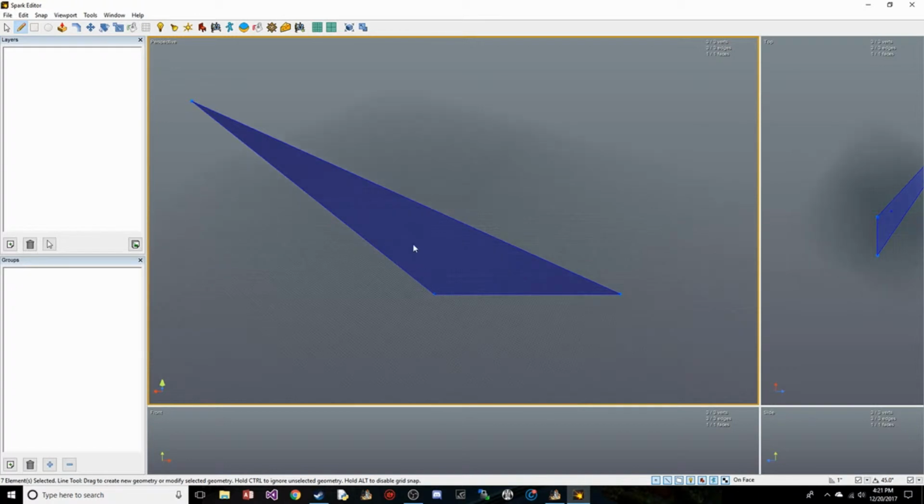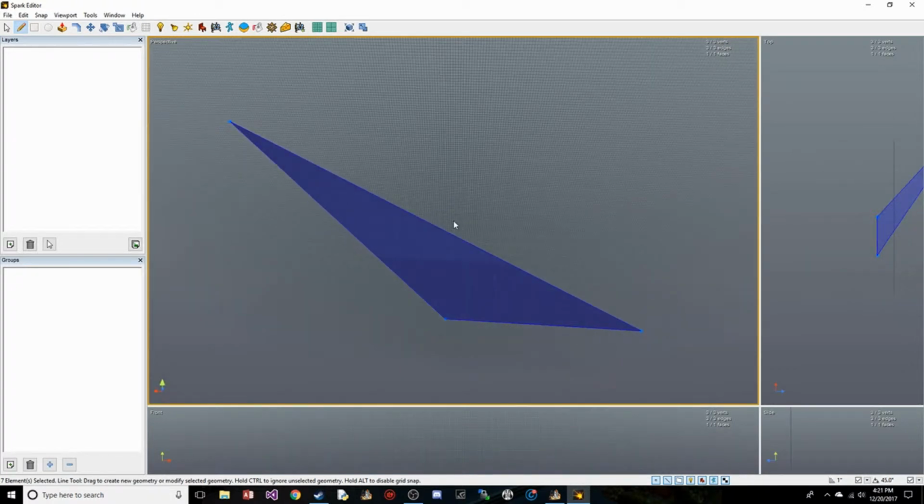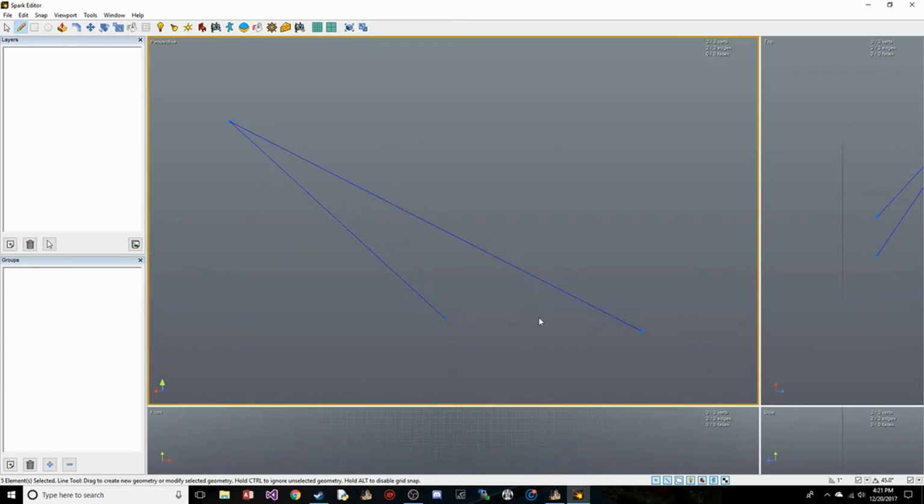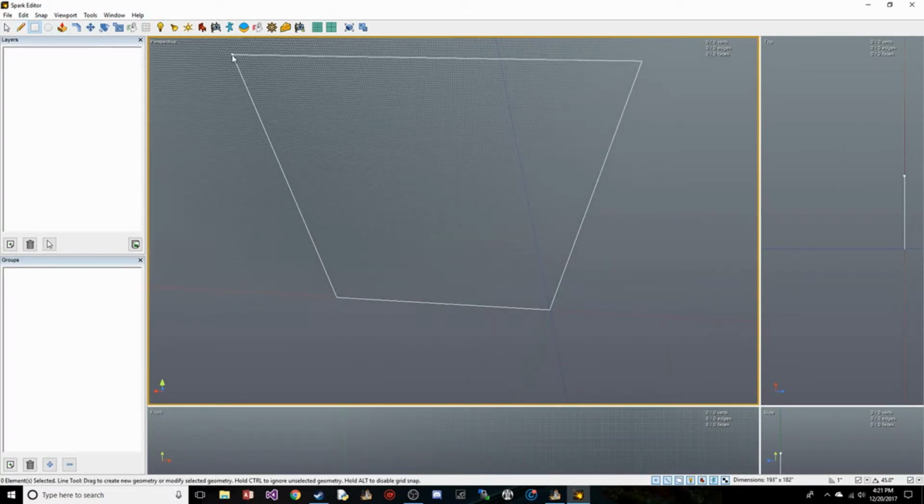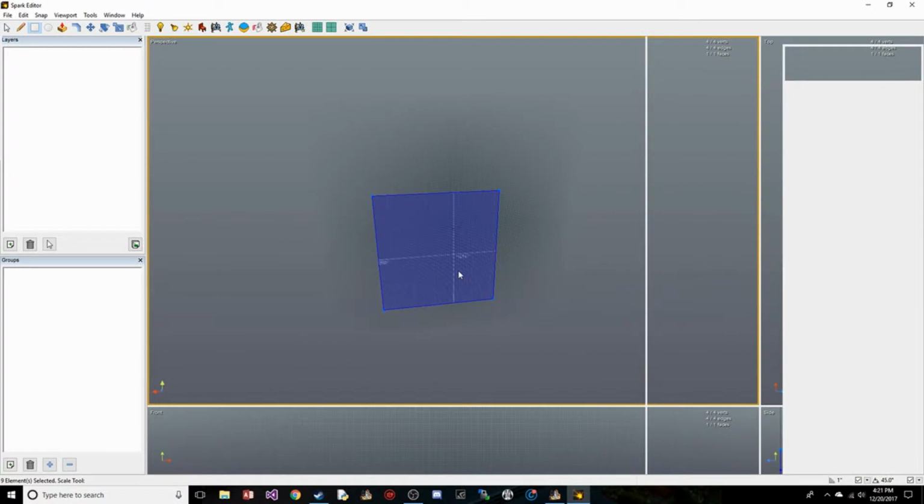So you got your line tool. You can draw a line. You can draw like a weird shape per se. Now this, look at that. You got a weird triangle. Okay, it's like a lot of other editors. You can draw stuff like that. But it's a bit picky when it comes to pre-existing geometry. So if I have a wall like this,